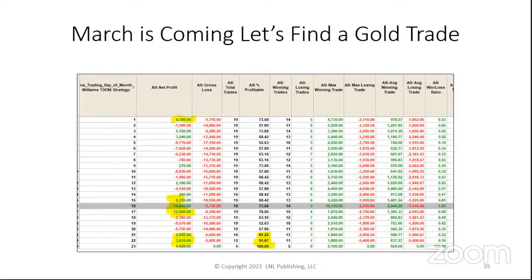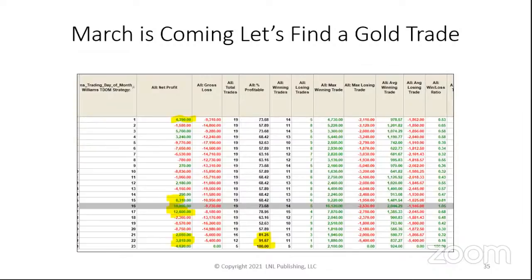So March is coming up, guys and gals. Let's look and find a gold trade for March. So I ran now just for the month of March for the last 19 years. And what I found is March, start to look at that. Trading day number one, not bad. Makes $4,300. Not a lot of money, but we get down to what we saw earlier. Trading day 15, 16, 17, 73% accuracy, making $18,000. So as a short-term trader, if I'm bullish on gold, coming into the 15th, 16th trading day, I'm going to start looking for an entry in the market.